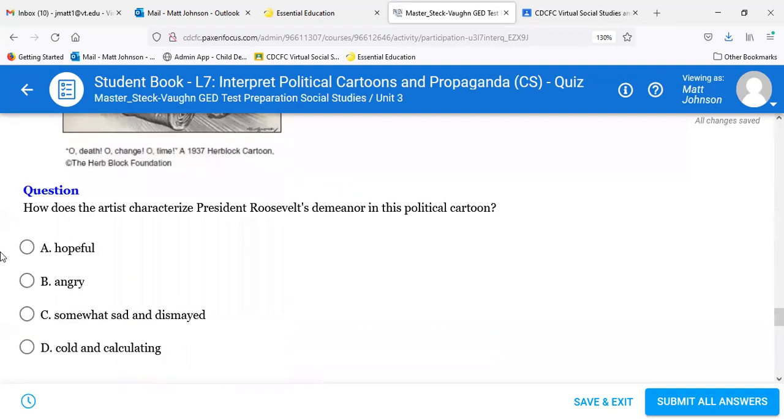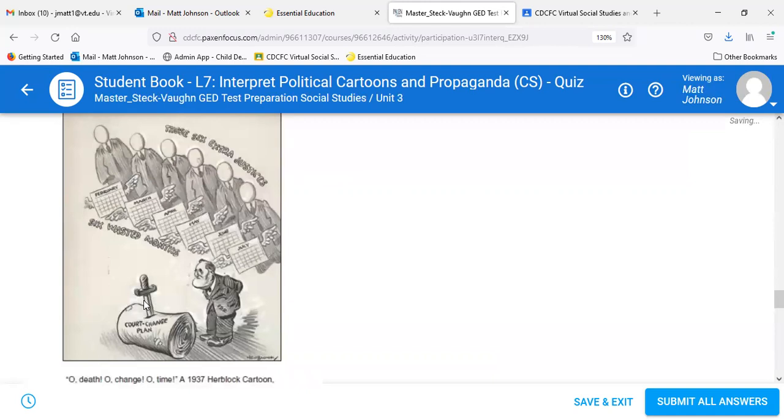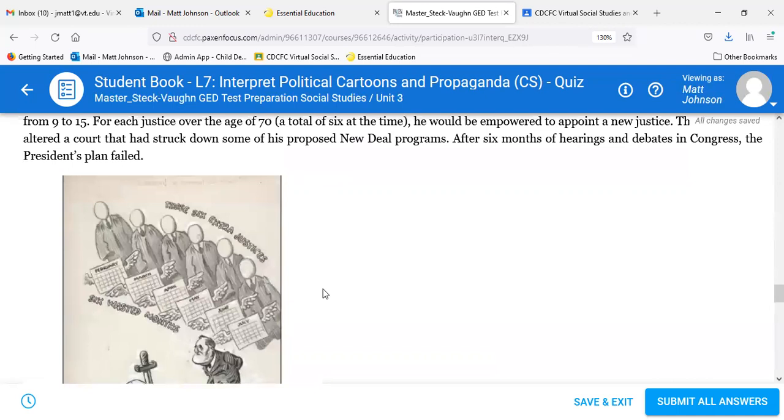Yeah, he's looking sad and dismayed, right? And again, we could see the cartoonist has made sure that he's identified Roosevelt in the cartoon, and he's looking kind of sad and dismayed there. And so what they're talking about is actually relevant right now, because there's concern from the Republican side that Joe